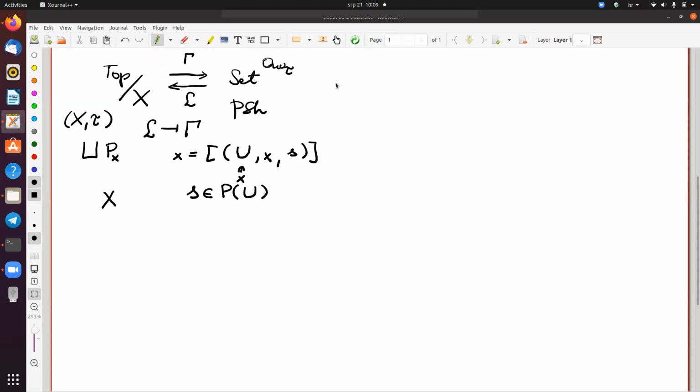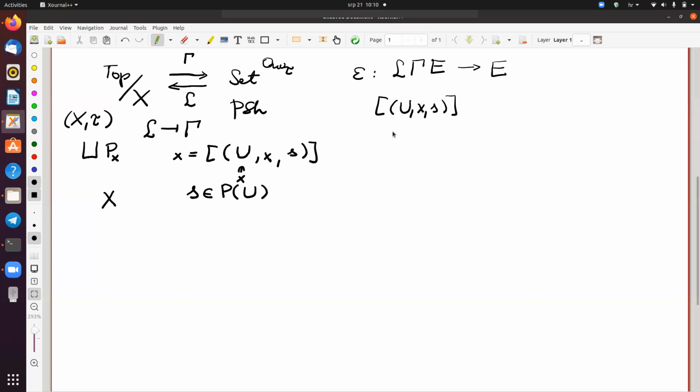So the co-unit is always going from left-right composition to identity. So you take a topological space over X, call it just E, and the co-unit goes from lambda gamma E to E. So this is the pre-sheaf of local sections, and these are germs of it. So any guy here is a germ of something. So any guy here is a class of the form